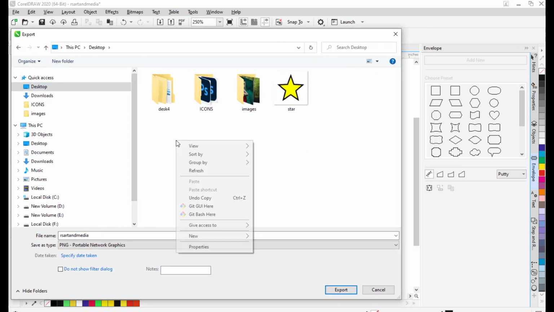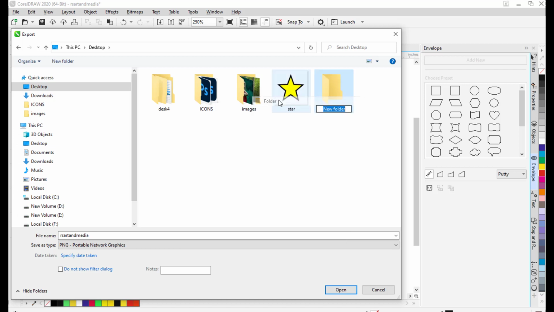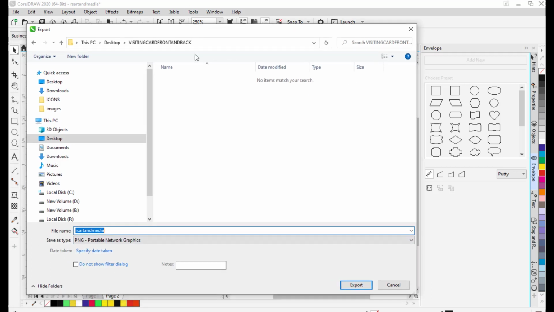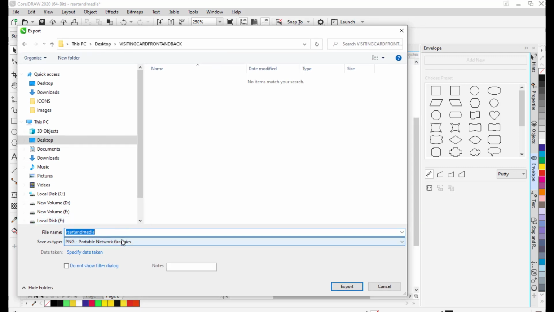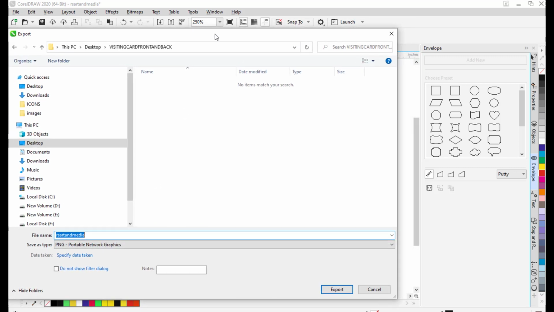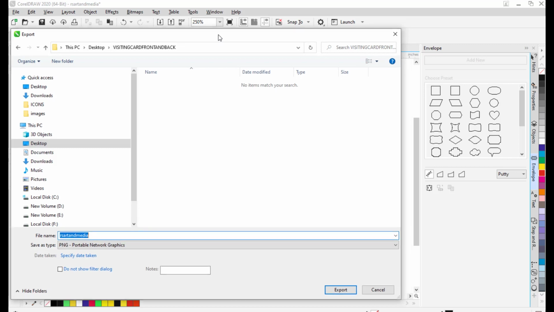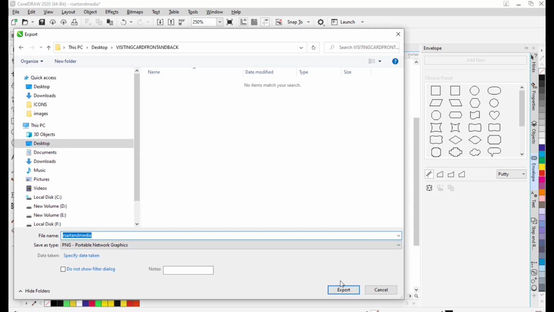We will create a folder here, so we can say visiting card front and back. So just open the folder and then we can save it as a PNG file, or we can also save it as a JPEG file. So if you want some background behind your visiting card, you can save it as a PNG, right? Just click on export,